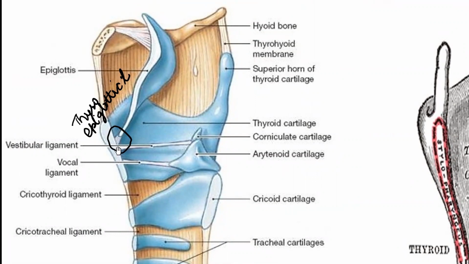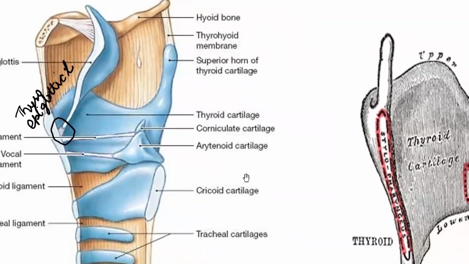Two other ligaments are attached. The upper one is the vestibular ligament, or the false vocal cord, and the lower one is the vocal ligament, or the true vocal cord. These two ligaments, vestibular and vocal, attach the thyroid cartilage to the arytenoid cartilage behind. Some muscles are also attached along with these ligaments, which we will study in the next part of